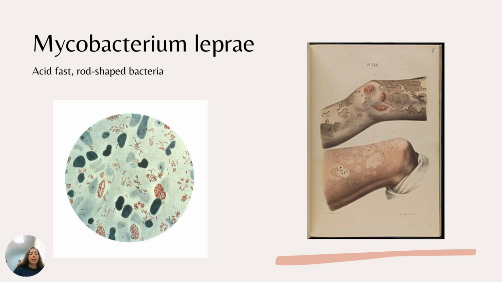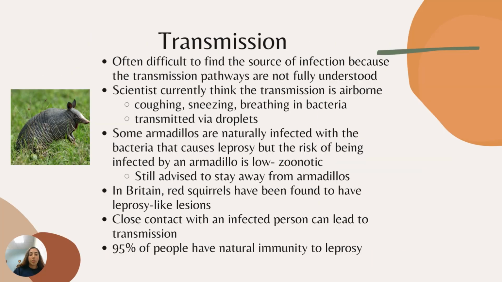So Mycobacterium leprae is an acid-fast, rod-shaped bacteria. Here we have an image of the bacteria, and here we have an image of the bacteria on the skin. So a little bit on transmission. It is often difficult to find the source of infection for leprosy because the transmission pathways are not fully